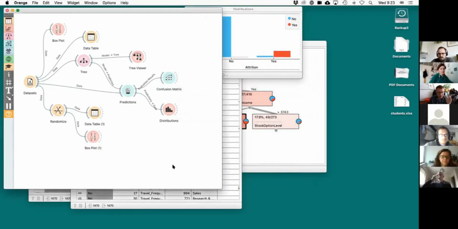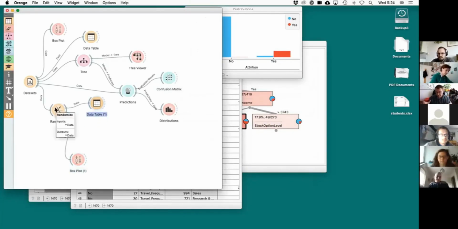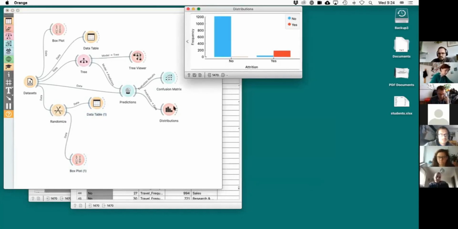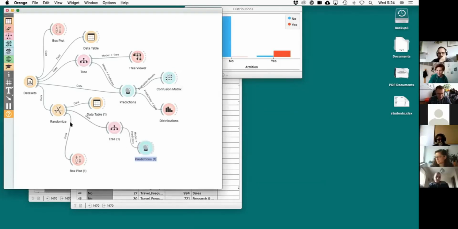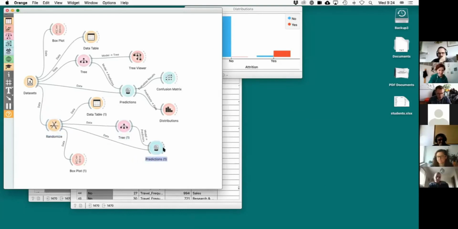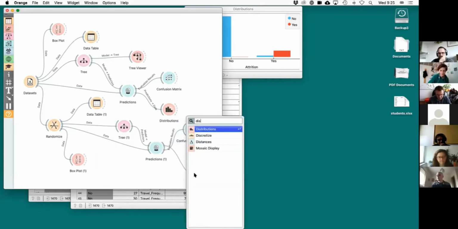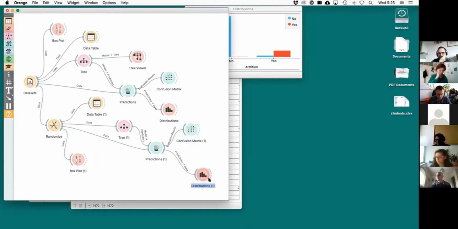So I'm going to do now the same, but on destroyed data, so on completely randomized data. Completely randomized means that I shuffle the classes, okay? So I'm going to repeat this procedure for this randomized data. And what do I expect here? What kind of distribution should I get? If I build a tree on the randomized data, what's going to be the prediction accuracy? I'm testing on the randomized data, and of course I can do the confusion matrix, but I'm going to do the distributions here. In Orange I can do that fast.